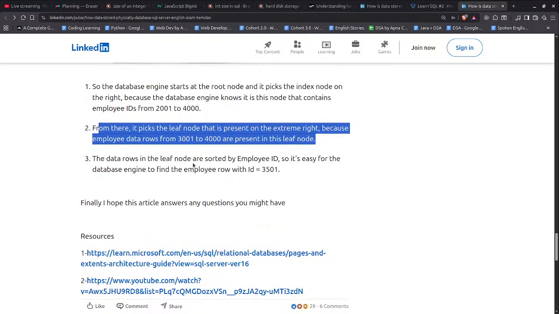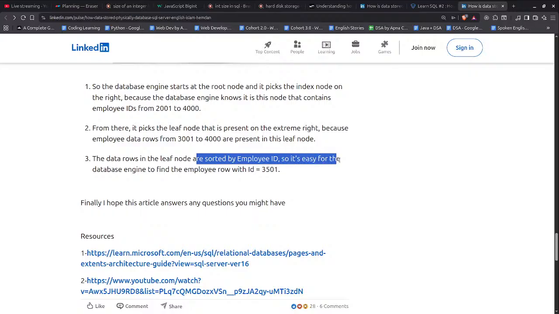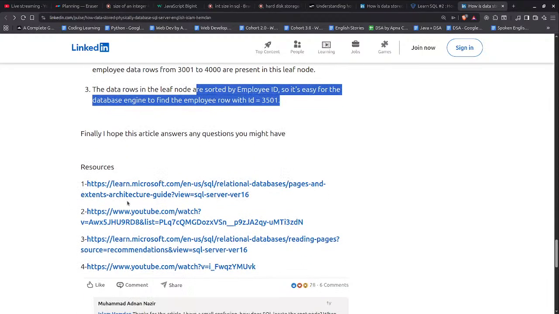The data rows in this leaf node are sorted by employee id, so it's easy for the database engine to find the right employee. Okay,